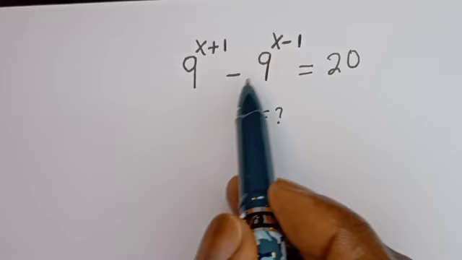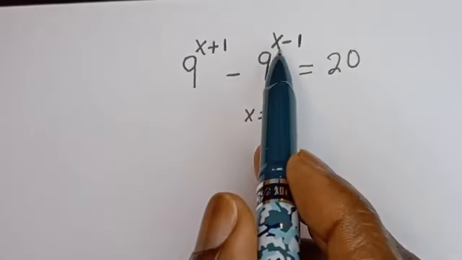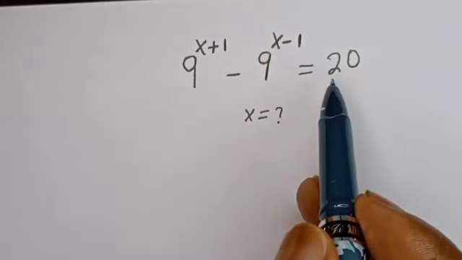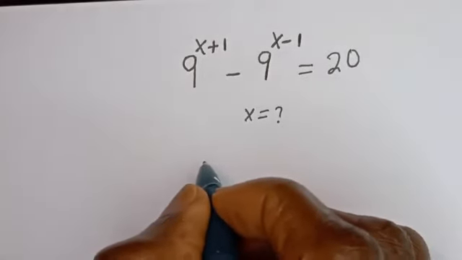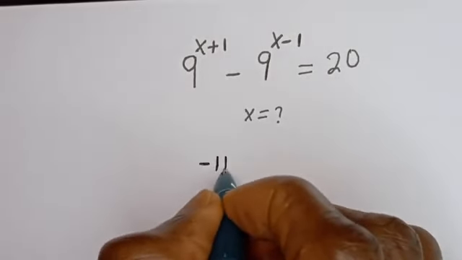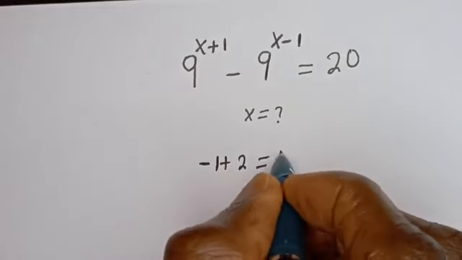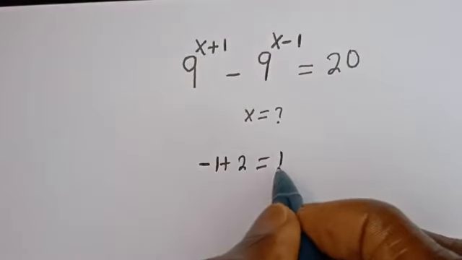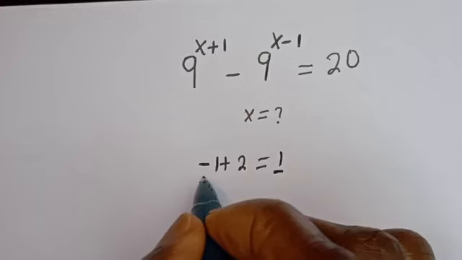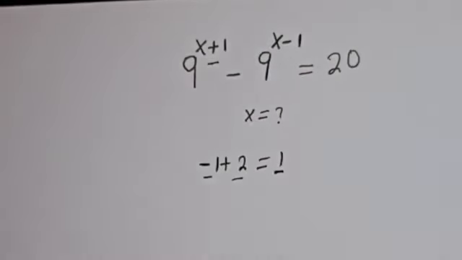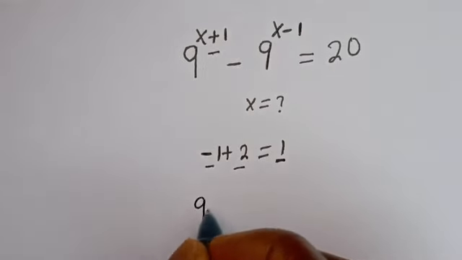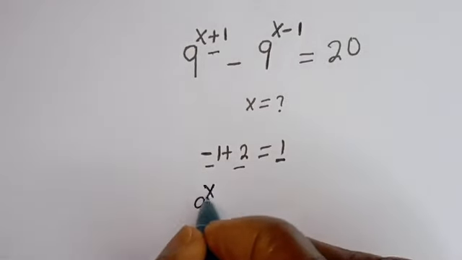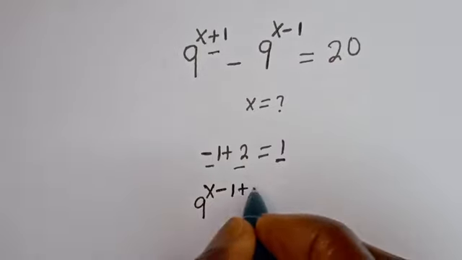Hello, how to solve for x in this equation: 9 to the power of x plus 1 minus 9 to the power of x minus 1 is equal to 20. Now take note of this, that if you have minus 1 plus 2, this is equal to 1. Then we can replace this 1 by minus 1 plus 2 here. That is, we have 9 to the power of x minus 1 plus 2